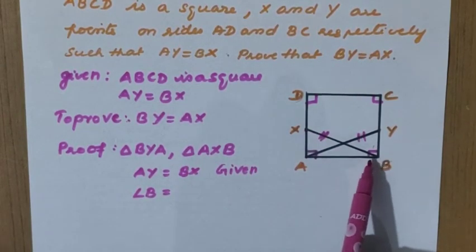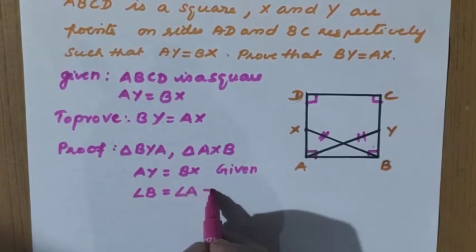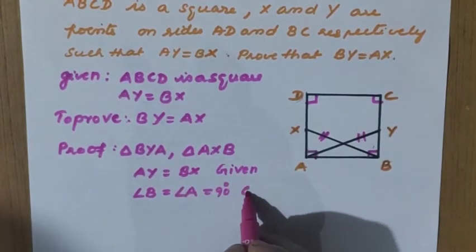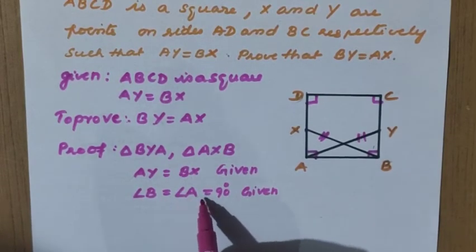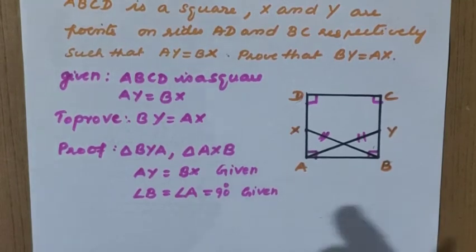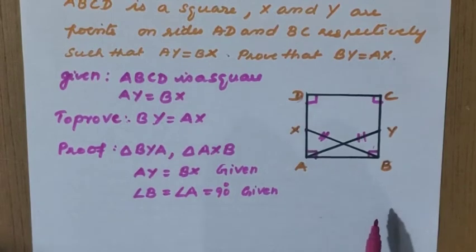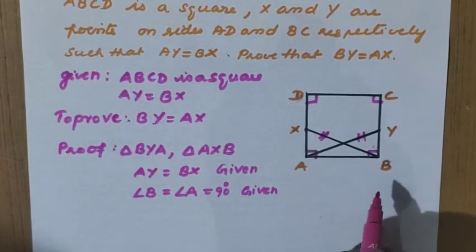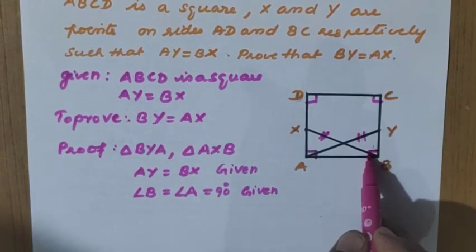AXB. So completely which angle is coming? A or B? It is coming A only. Complete angle A is coming. So here I should write A equal to 90 degrees. We can write given as a reason. Now you check that angle B equal to angle A, 90 degrees. Always we should consider first, if it is possible to get 90 degrees, we should think about RHS criteria only. Now AY and BX also we got here. So only one triangle we should consider first. BYA I am considering first. So this is 90 degrees we have taken as equal angle.